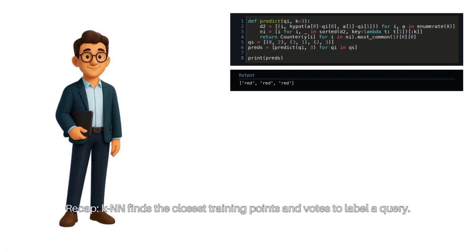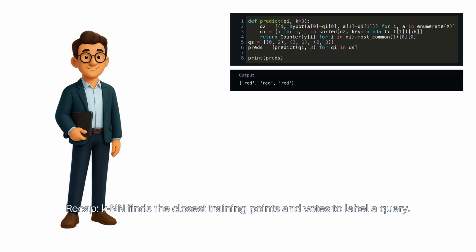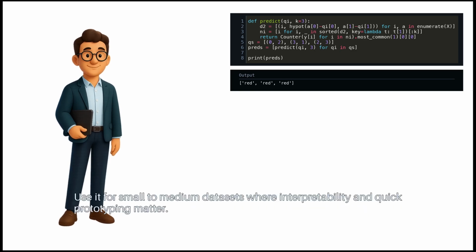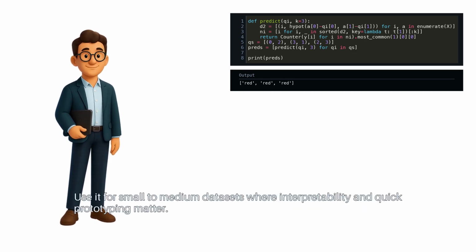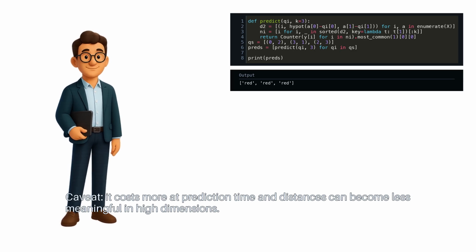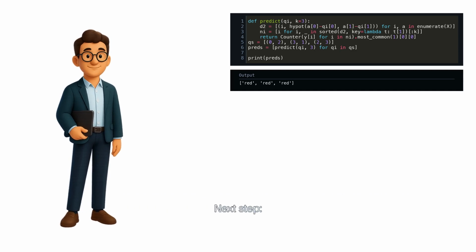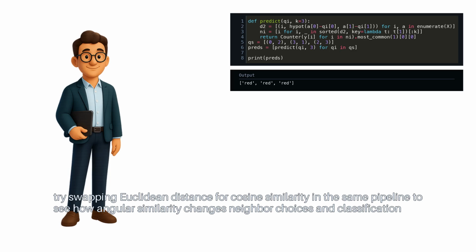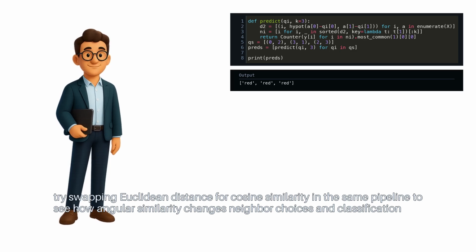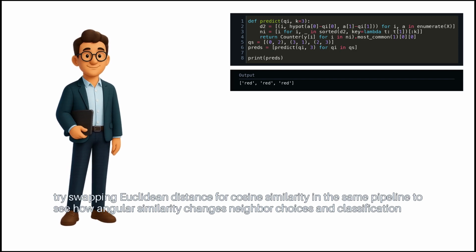classifications. Recap: KNN finds the closest training points and votes to label a query. Use it for small to medium datasets where interpretability and quick prototyping matter. Caveat: it costs more at prediction time, and distances can become less meaningful in high dimensions. Next step: try swapping Euclidean distance for cosine similarity in the same pipeline to see how angular similarity changes neighbor